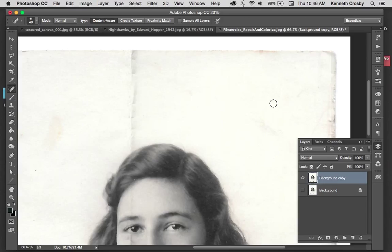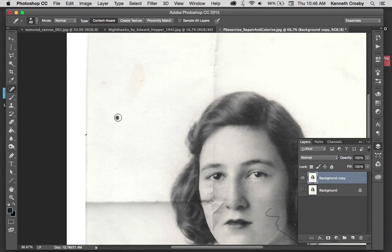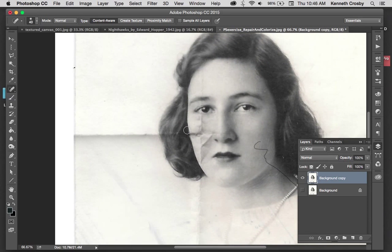And you can see it's gone, just like that. Now this tool is good for little spots like that. Where it doesn't excel is when you start to try and cover large areas, where it gets a bit more complex. So something like this here, where we've got this fold that